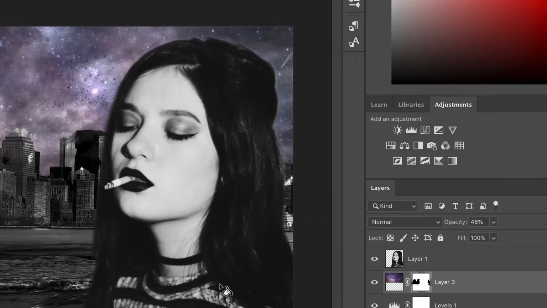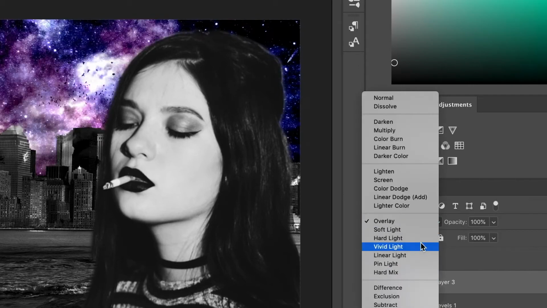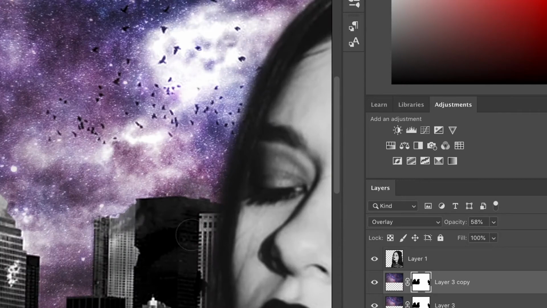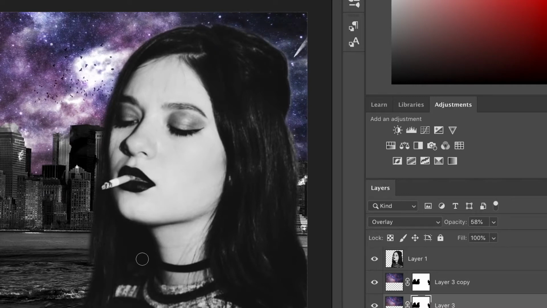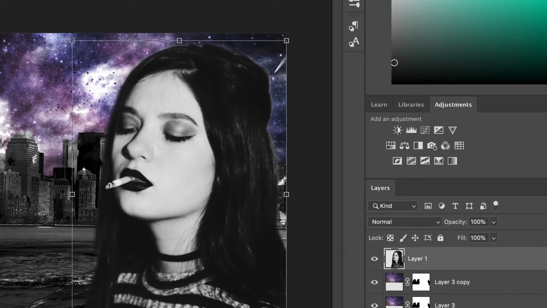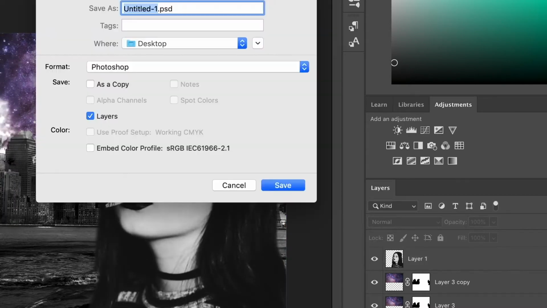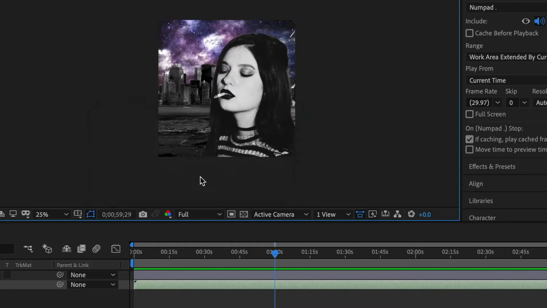Here I'm masking out the silhouette of that city so that I can put just a picture of galaxy over the clouds. The selection I did around the city buildings isn't perfect, but I knew I could kind of get away with that because I wasn't going to fill the sky in completely with galaxy clouds. I just wanted that to be like an overlay on top of the clouds that were already there. And it gives this cool galaxy smoky kind of look.